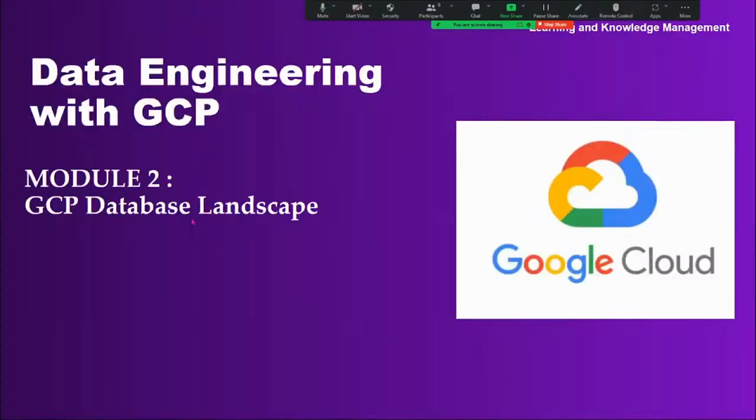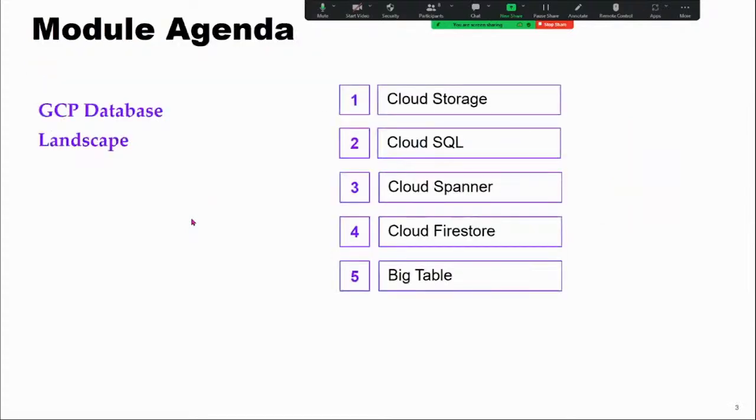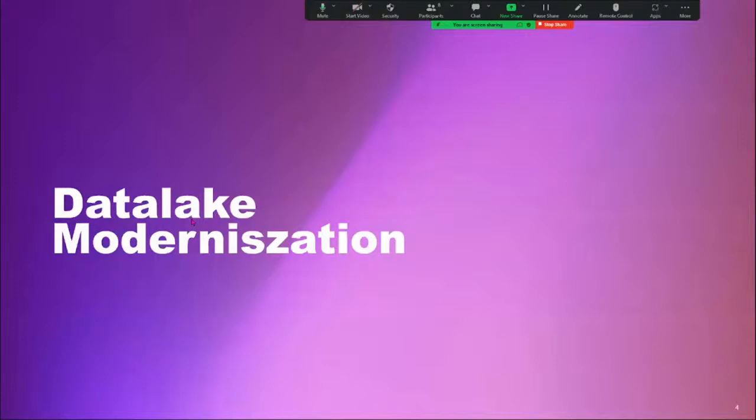So in the GCP database landscape, this is the agenda, guys. We are going to explain all the GCP database landscape and the differences between RDBMS as well as NoSQL databases. And in this one, we are going to look at Cloud SQL, Cloud Spanner, and Bigtable. Okay, so these are the things. So first, we're going to see